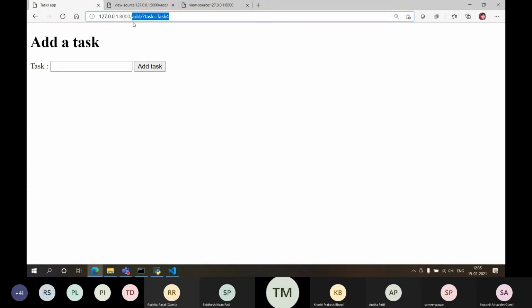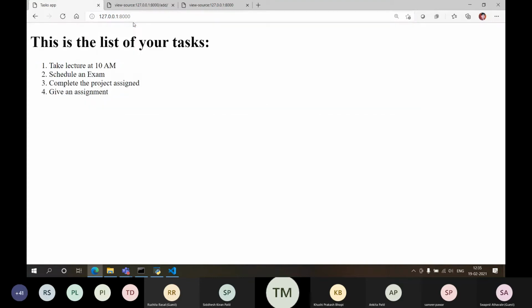how will the user come to know how to add a task, what URL should it give? I know, because we are developers and we have written a function add and the name of the URL is add. How will a third party who has not written the function come to know that he should type slash add in the URL? It's very weird to type something in the URL. We want links, right? So how to give links, that we need to check out.